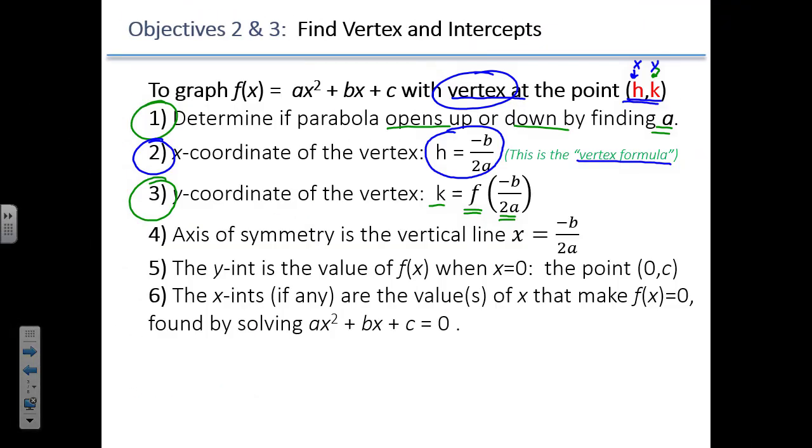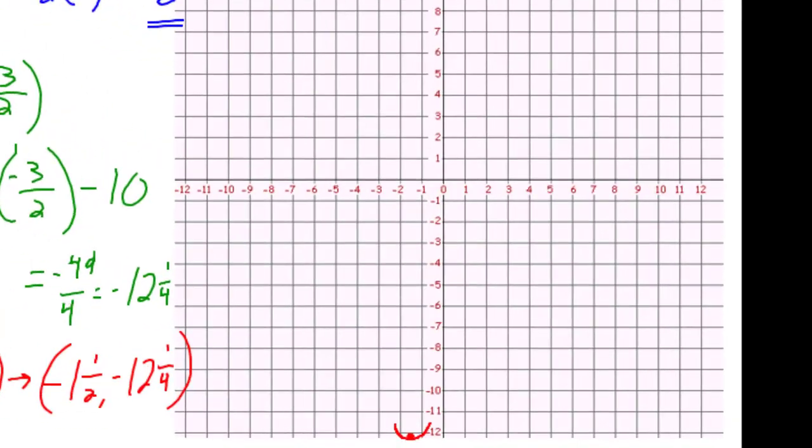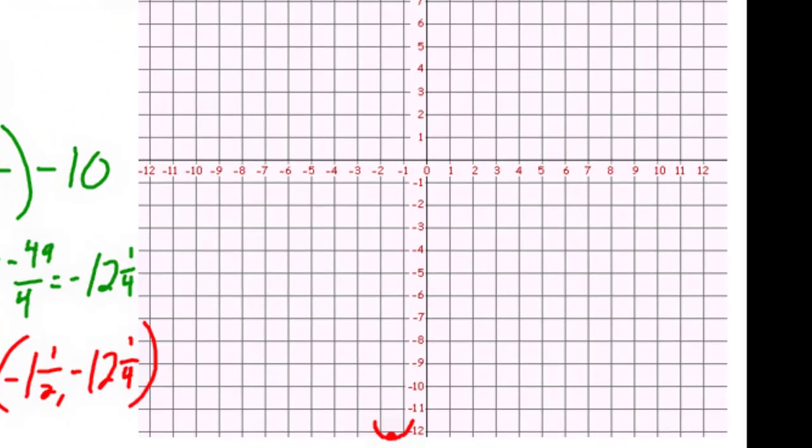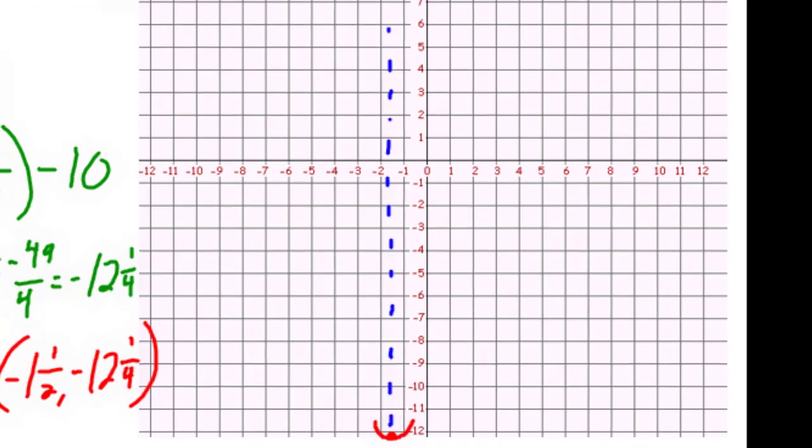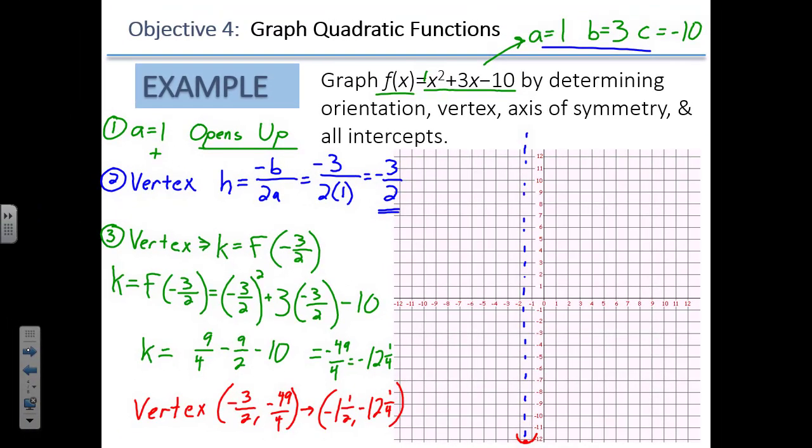The fourth thing we can note is that our axis of symmetry, the line of symmetry, has to go right through the vertex. It's going to be a vertical line through negative b over 2a. And so that means that our axis of symmetry is going to be 1.5 units to the left of the origin. It's going to be right there. That's going to be right down the middle of our vertex, and I'm going to call that AOS for axis of symmetry. That was our fourth step, and that leaves us with 2 more important pieces of information we can